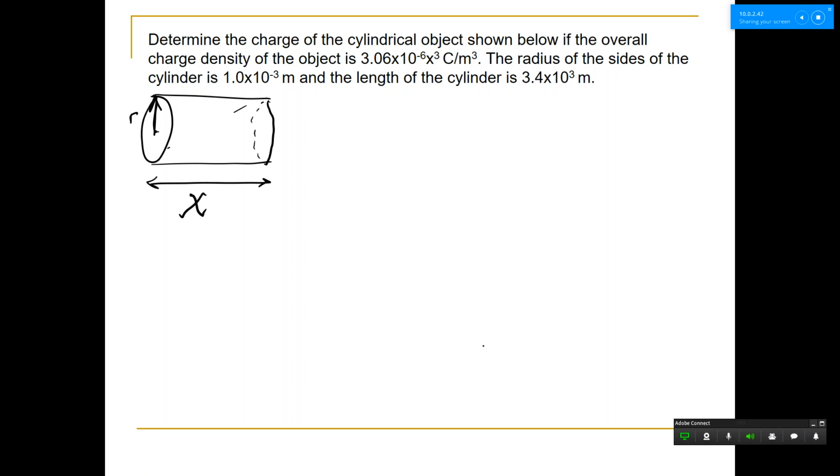Now I'm going to ask you guys a couple questions. Based on what you see in this question, is this a uniform charge density or a non-uniform charge density? Before that,